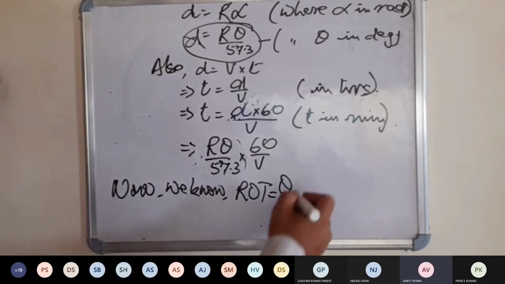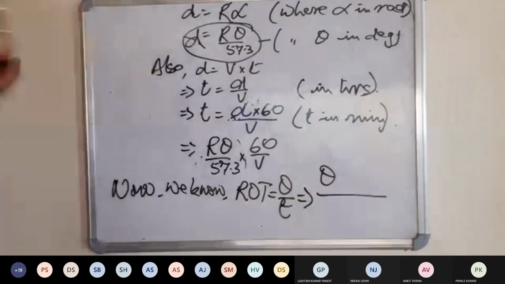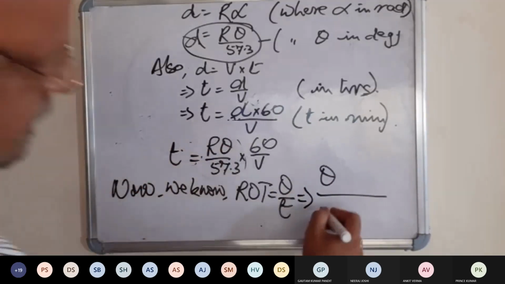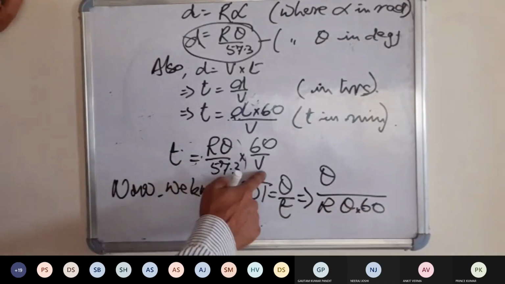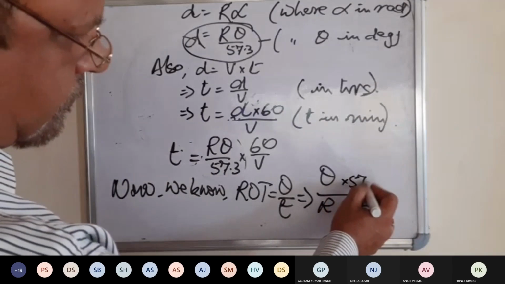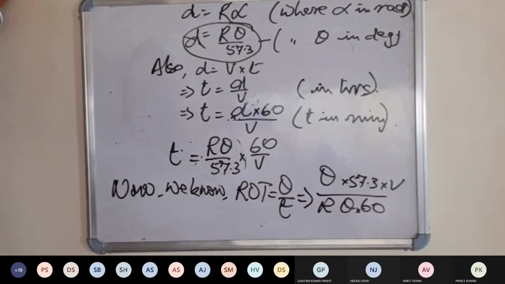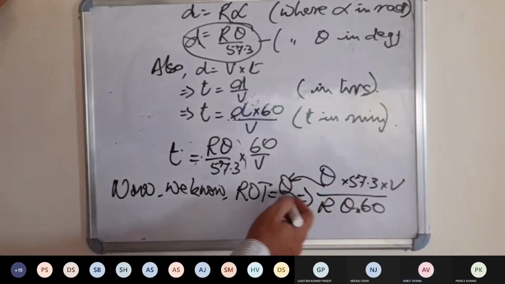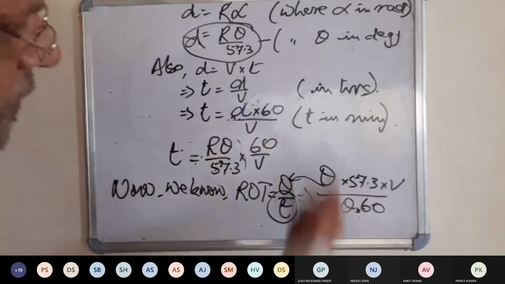Correct, sir. Means this gives you the value theta को डिवाइड कर देंगे इस T से, because T is equal to so much, तो ये R theta 60 यहाँ जाएगा, और जो नीचे वाली 57V है वो ऊपर चला जाएगा। करेक्ट? हमने T से डिवाइड कर दिया थीटा को, तो थीटा ये तो रह गया यहाँ पे, T की वैल्यू की जगह हमने इसको यहाँ पे उठा कर रख दिया, तो ये वाली चीजें नीचे आएंगी और नीचे वाला ऊपर चला जाएगा यहाँ।